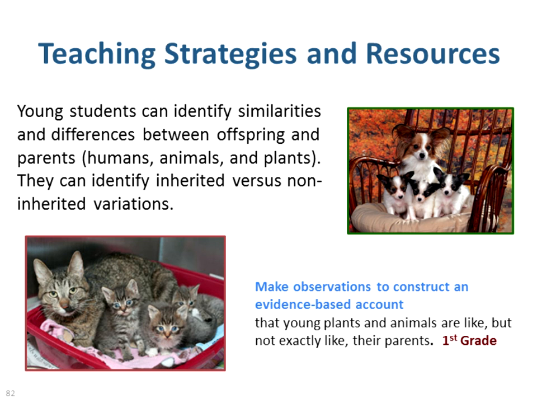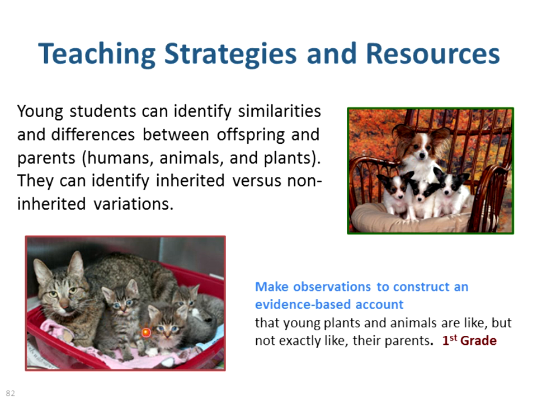If we're working with the younger students and we're talking about making observations to construct an evidence-based account, essentially the evidence here are the observations, right? So it'd be great if you could bring animals into the classroom or other organisms, plants, whatever, to help them see similarities and differences. I happen to find 2 pictures on mine, and you can very clearly see that there's some similarities, the big ears and so on, but the color is different. Color is different between the puppies, and the color is different between the puppies and their mom or dad. I'm assuming that's the mom.